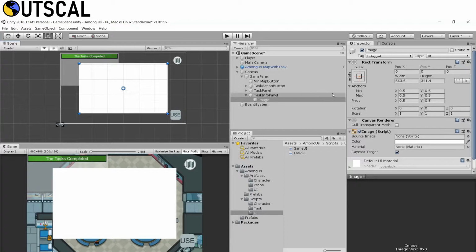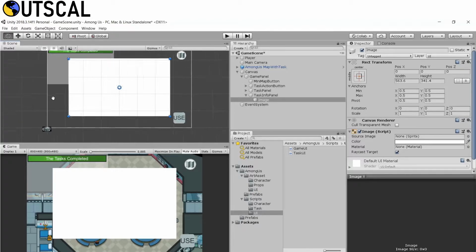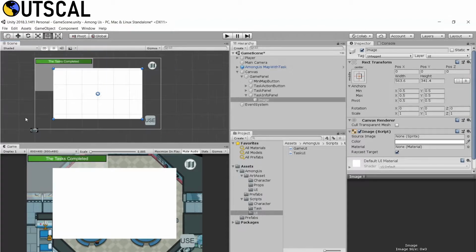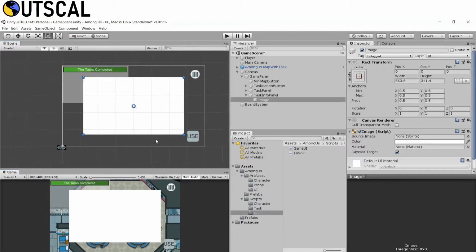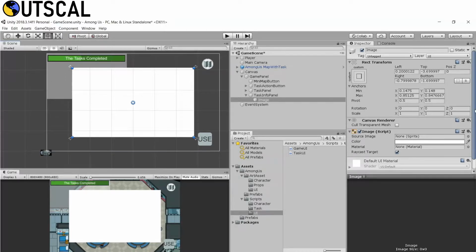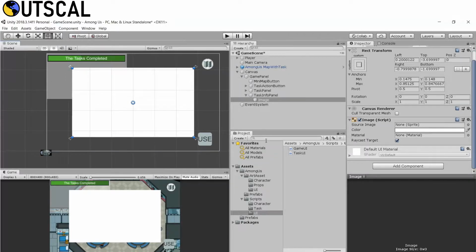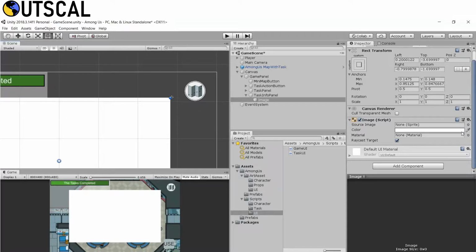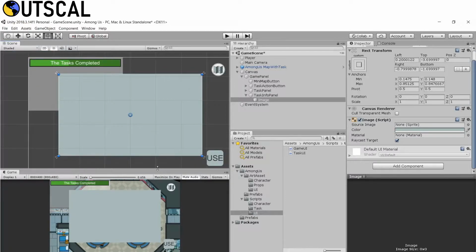All the other stuff, like the processes which go under completing the task, like in the real game, where you are connecting the wires and connecting some circuits, all those things we are not going to do, but you can always add those things if you want. But here we are going to create something very easy and simple, just to make sure that we have something to complete our task and all those things.